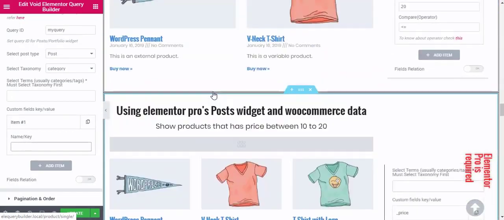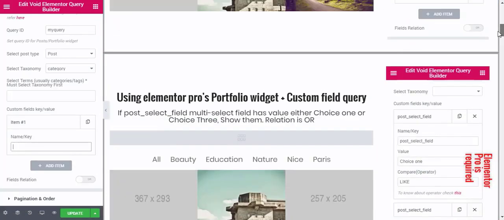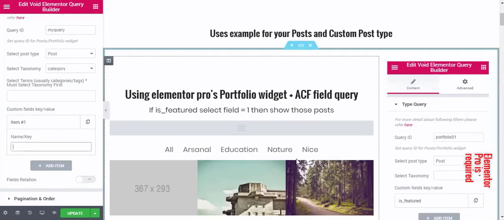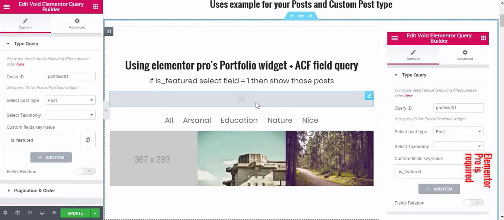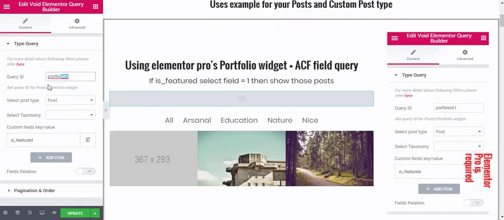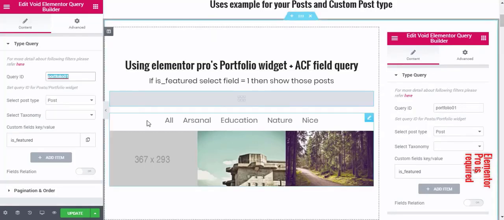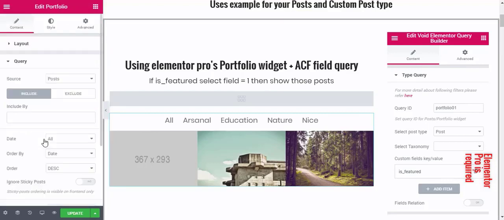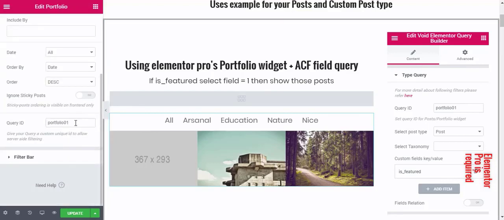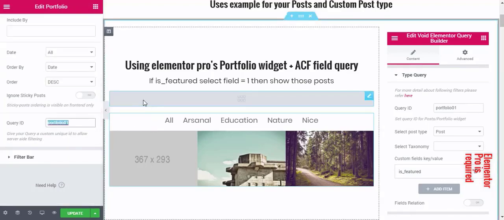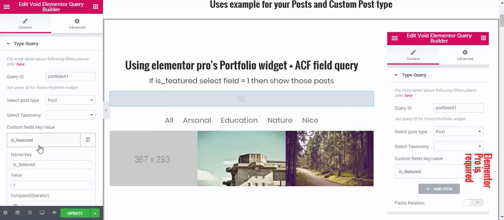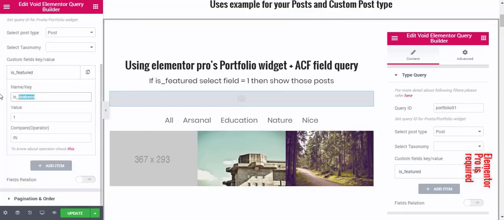I will just go around and show you one of my already created examples here. So in this case, let's go here. As you can see, I have the query ID portfolio 001 here. This post widget also has this query ID portfolio 001 here. So what did I put here? I put here that if the meta key is featured and its value is 1, and the compare operator here,